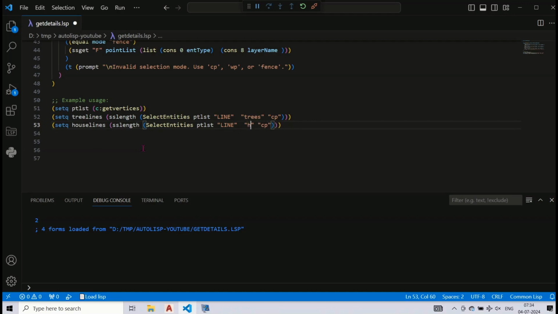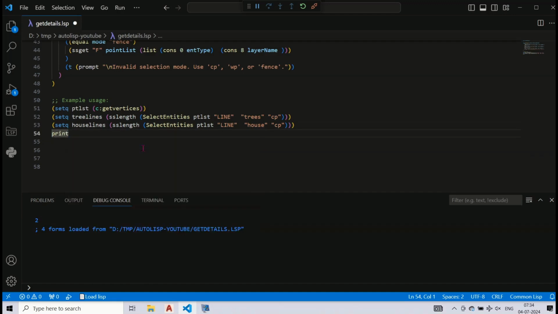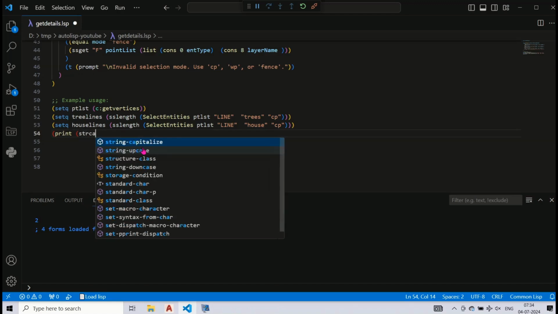We are now modifying the code further. We are calling the selectEntities function twice, once with trees as the layer name and a second time with house as the layer name. Return values of both lines are stored in two separate variables, named treeLines and houseLines.